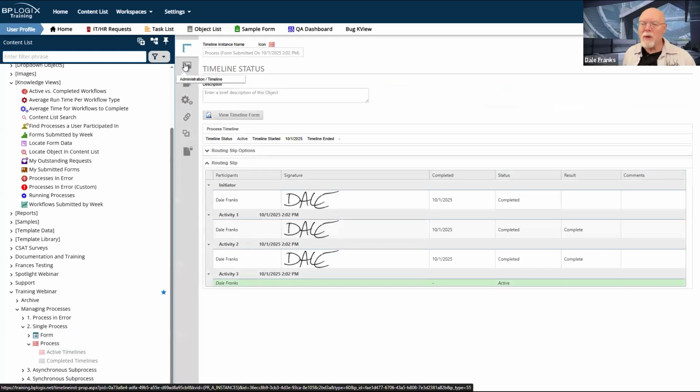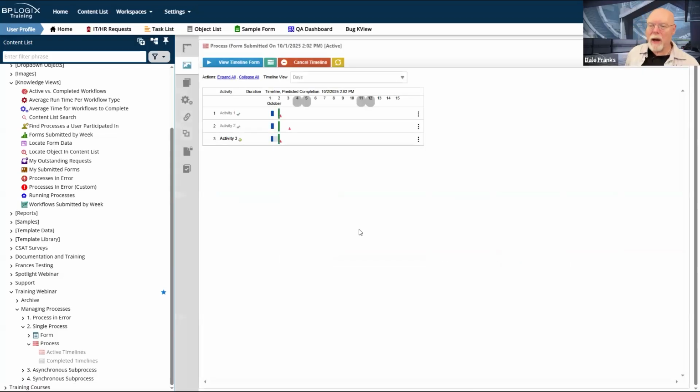To actually see what is going on with this timeline in detail, we need to switch over to the administration/timeline tab of the process instance. Now, this shows me all of the activities that are running currently in the process timeline, when they occurred. The green line is today, where we are right this moment.